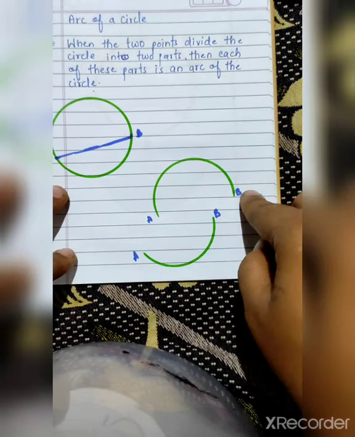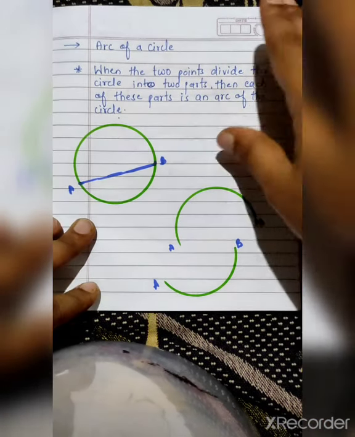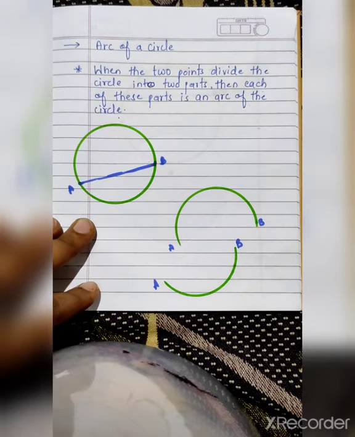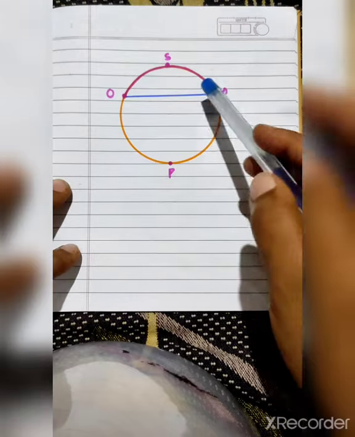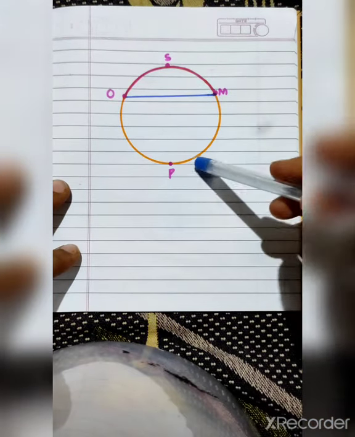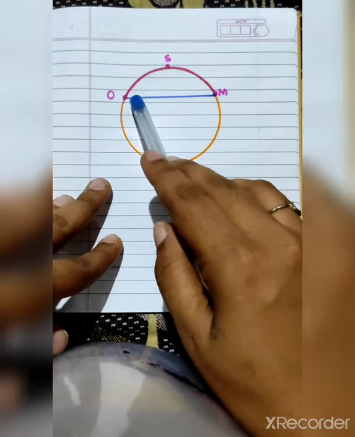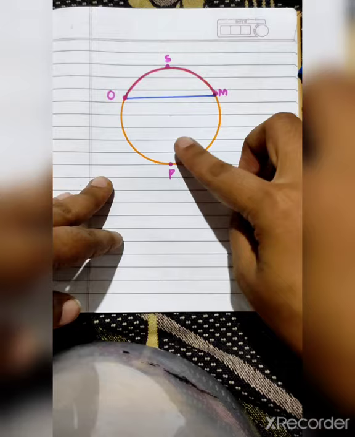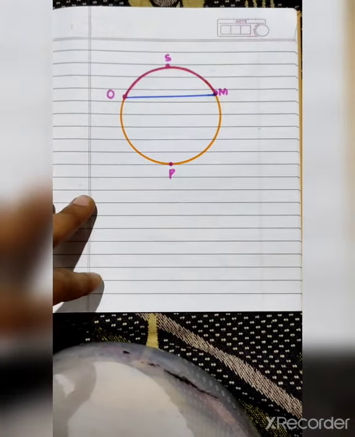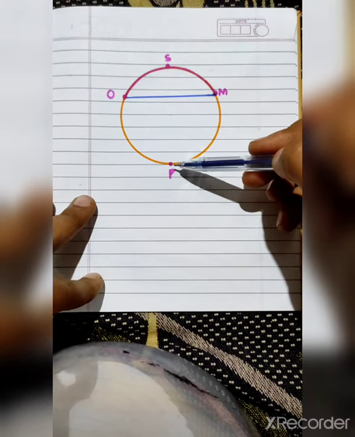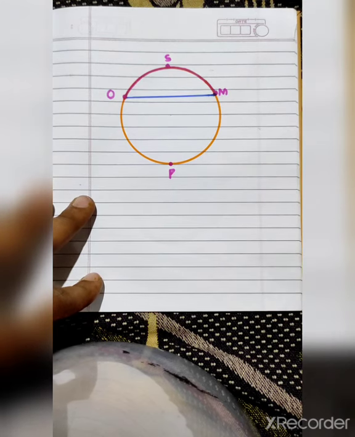Now here we have arc AB and again AB. We cannot name both arcs as AB. So with the next example, I am going to show you how to name the arc. Here there is again a circle which I have divided into two parts. See the line OM; with it my circle is divided into two parts. This is the first part and this is the second part. Now I have made 2 points over here, so that it will be easier for us to name the arc.